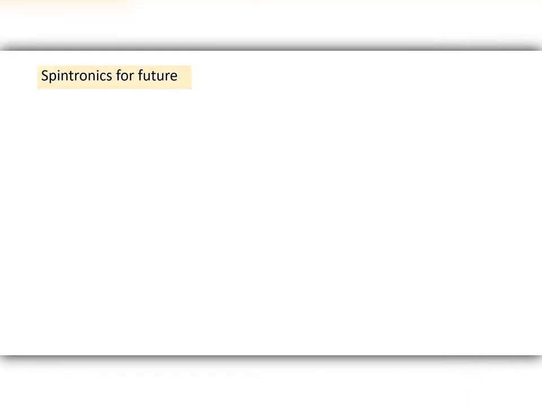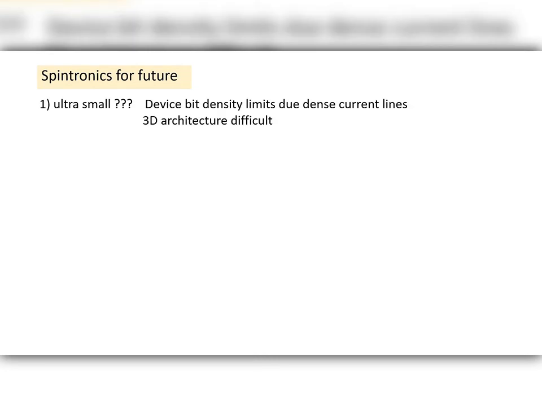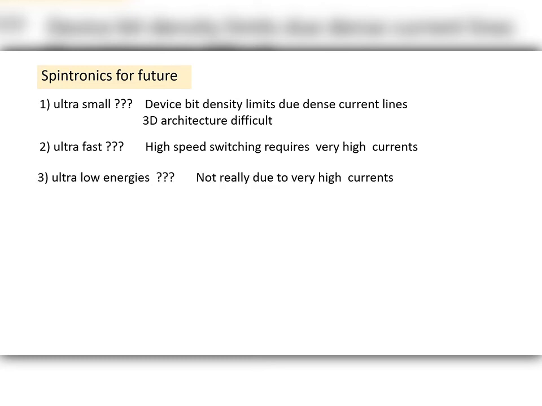Now I'm at the end. I give you some comments for the spintronics for future. So are they ultra small? They are not ultra small. The device bit density is limited due to the dense current lines, and 3D architecture is very difficult. Ultra fast, they are not so fast. This is known already from the MRAMs, because high switching speed requires very high current. The ultra low energies, this is also not true